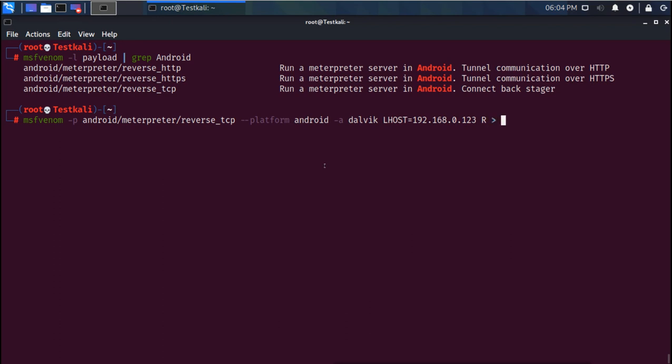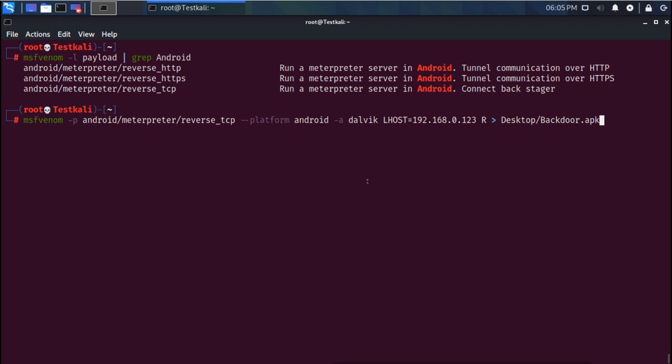And what file am I going to create? I'm going to create it on the desktop, and name it, let's say, backdoor.apk. Now remember, for Android the applications are .apk files.